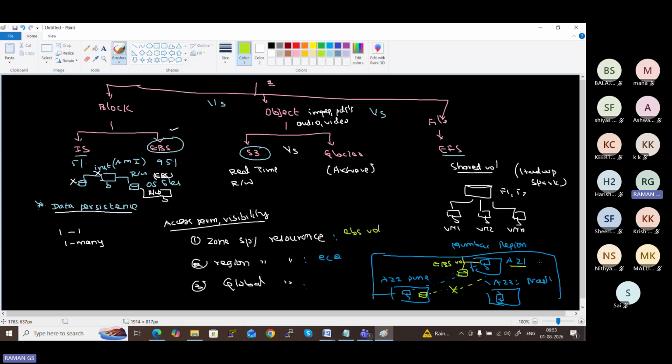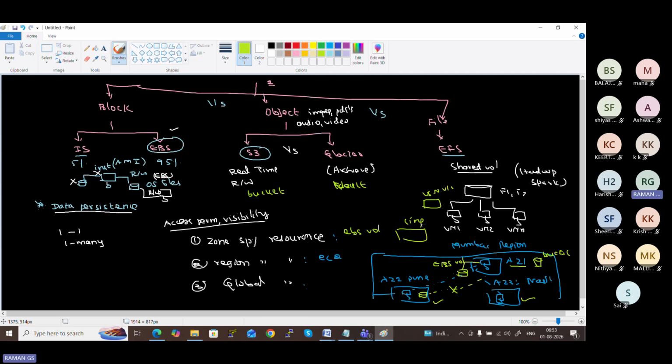On the other hand, when you create a storage bucket, for example in S3, we use a concept called bucket. In Glacier, we use a concept called vault. So when you create a bucket in Mumbai, that bucket is visible in Pune, in Nashik, in Singapore, and in US North Virginia.